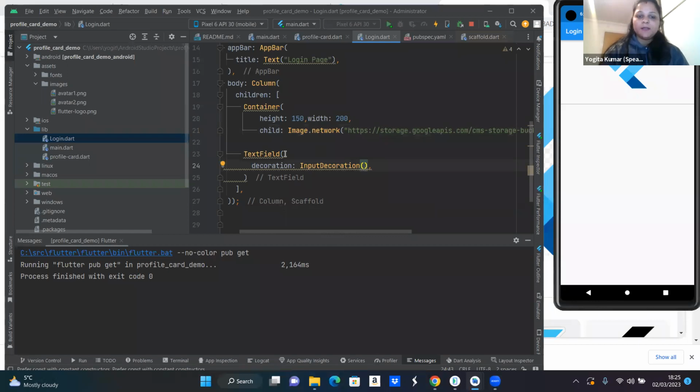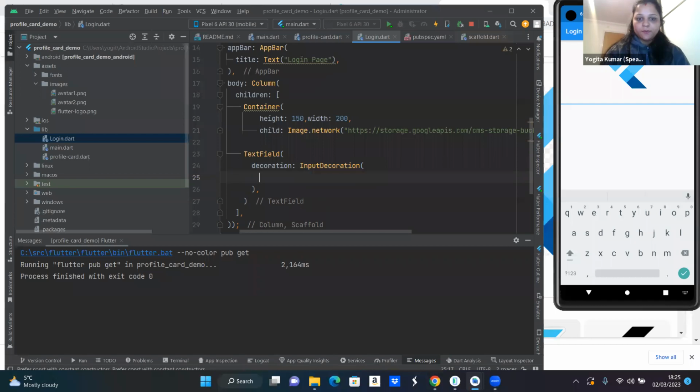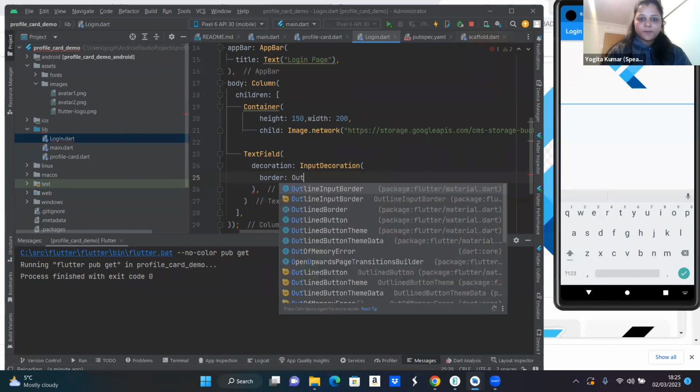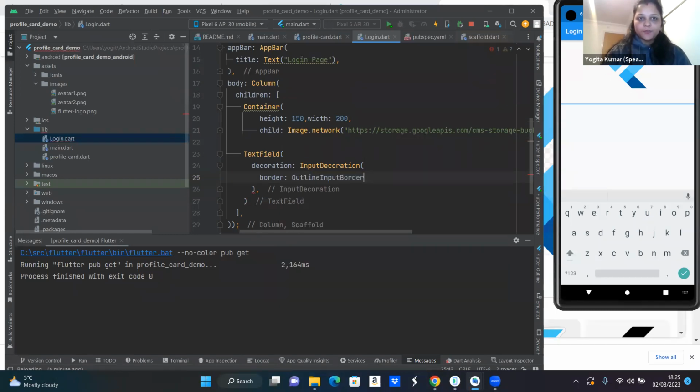Okay, in the text, let's see, the next field is a text field. Now when I added this text field, I just get this line. Okay, but we want to decorate it, so there is the decoration property, and in the decoration you can put the input decoration and how you want to decorate. Like I want to give one border with the outline, outline input border,